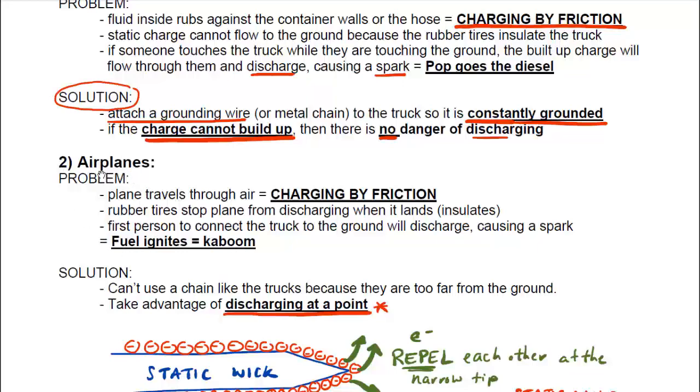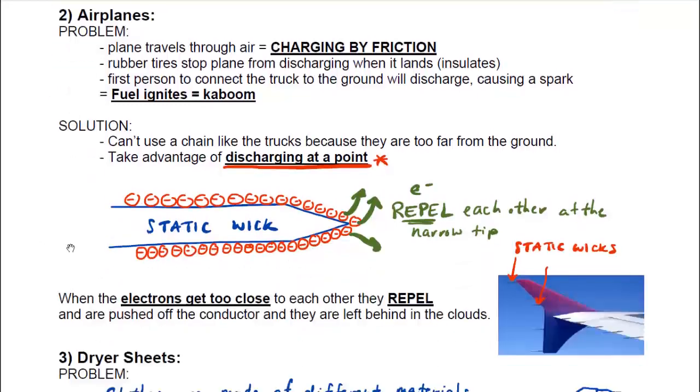So how do you ground this the way that we did it with the truck? You can't attach a wire to an airplane and let it dangle all the way to the ground. That's just not feasible. So what can you do? Well, there's a special thing that happens called discharging at a point. Discharging at a point is when you have a piece of metal like this, and it becomes narrower towards the